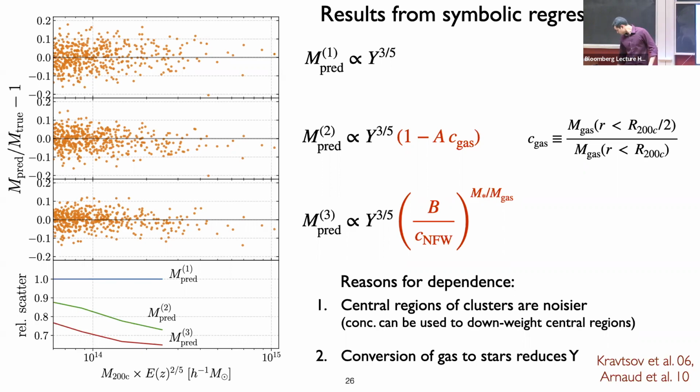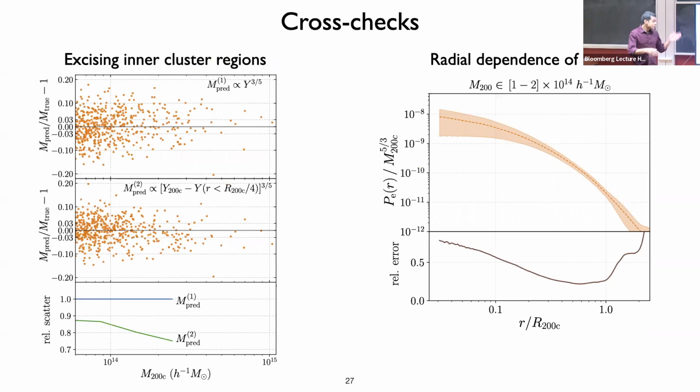Once we got the equations, we also tried to verify whether this is true. For the relation with the concentration of the gas, one reason could be just that the central regions were noisier, as I mentioned. So we tried to remove those central regions and also saw that the scatter reduces. You can also calculate the pressure profiles and see what part of the pressure profile is the most noisy, and that is the one on the right. You can also see that the centers are noisy. So you can do these cross checks, whereas if you had only things from the random forest, maybe you do not have a direct insight into what exactly you want to check or what will generalize.